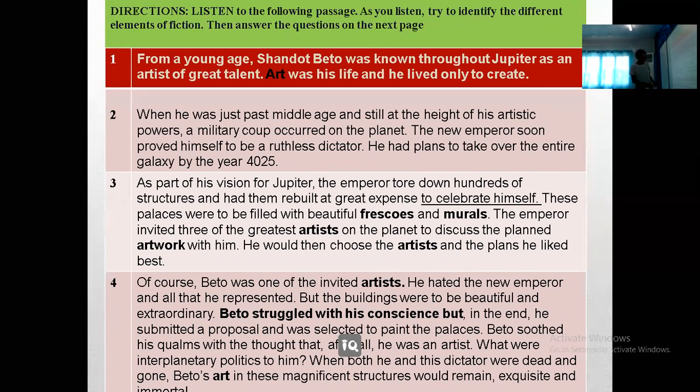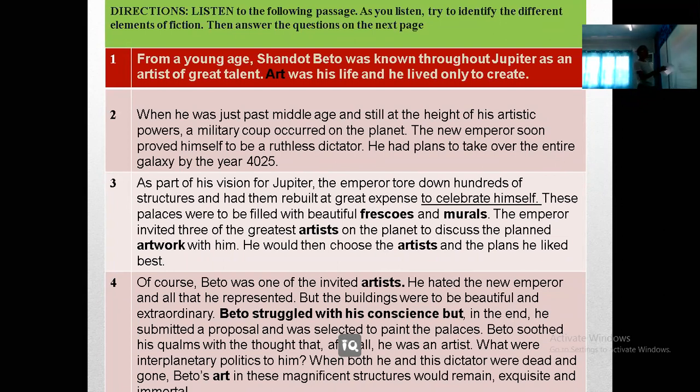He hated the new emperor and all that he represented. But the buildings were to be beautiful and extraordinary. Beetle struggled with his conscience, but in the end, he submitted a proposal and he was selected to paint the palaces. Beetle soothed his qualms with the thought that, after all, he was an artist. What were interplanetary politics to him? When both he and his dictator were dead and gone, Beetle's art in these magnificent structures would remain, exquisite and